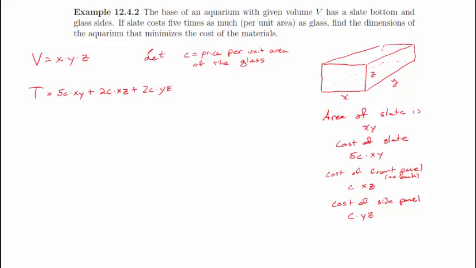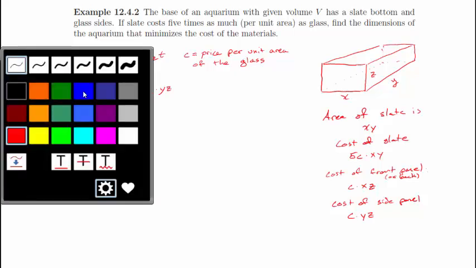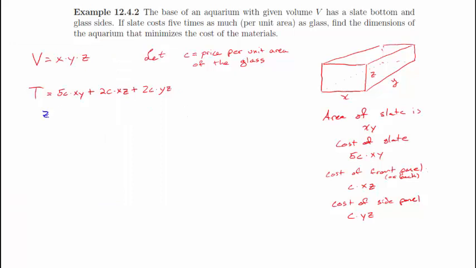And this is a function in three variables, and we have not looked at maximizing or minimizing functions in three variables. What we want to do is turn this into a function in two variables. So the constraint that my volume equals x times y times z gives me something that I can isolate and say that z equals the volume divided by x times y. And my volume is some constant, right? That's a given volume. So I can plug this in for z